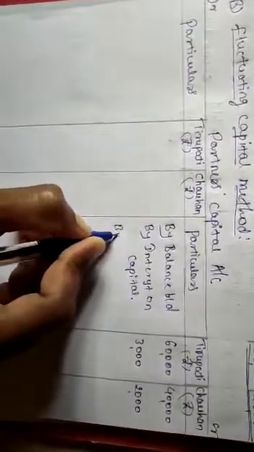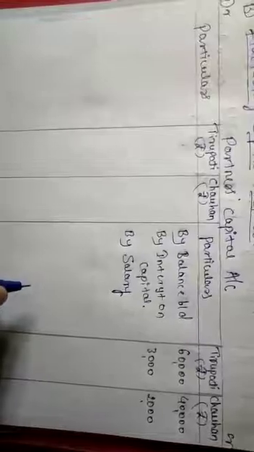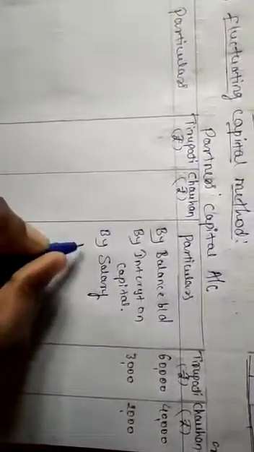Next adjustment is salary. Both partners' salary is given per month, the same as what we took under the partner's current account. Only that amount should be taken here. So by salary, Tirupati's yearly salary is 12,000 and Chauhan's yearly salary is also 12,000. The salary calculation is shown under the partner's current account, you should refer to that.